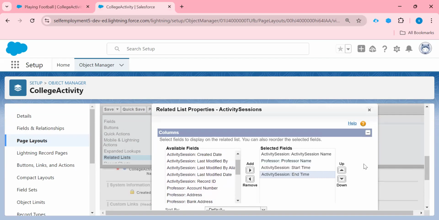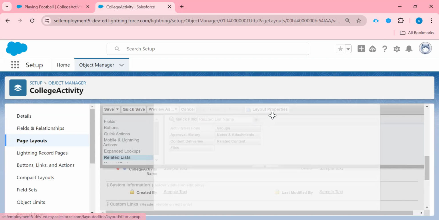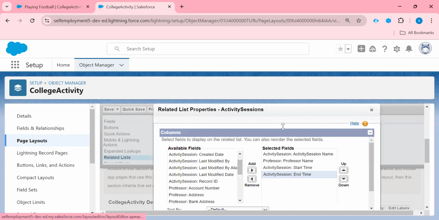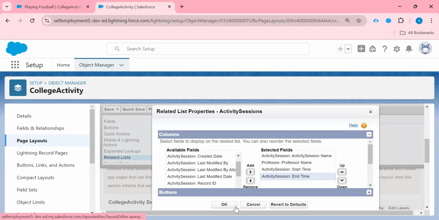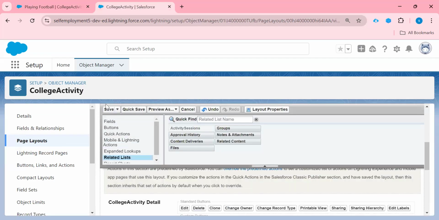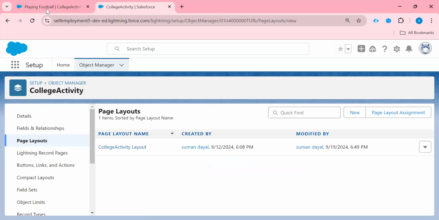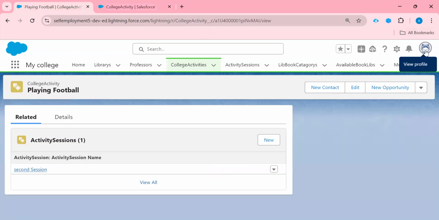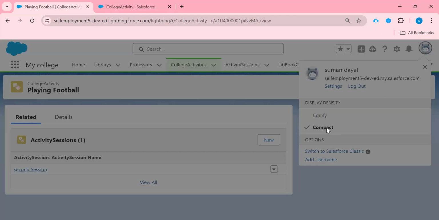After selecting your fields for your related list, just click on OK. Same process we will repeat. Click on OK, click on save, come to our application, give a refresh to our application,